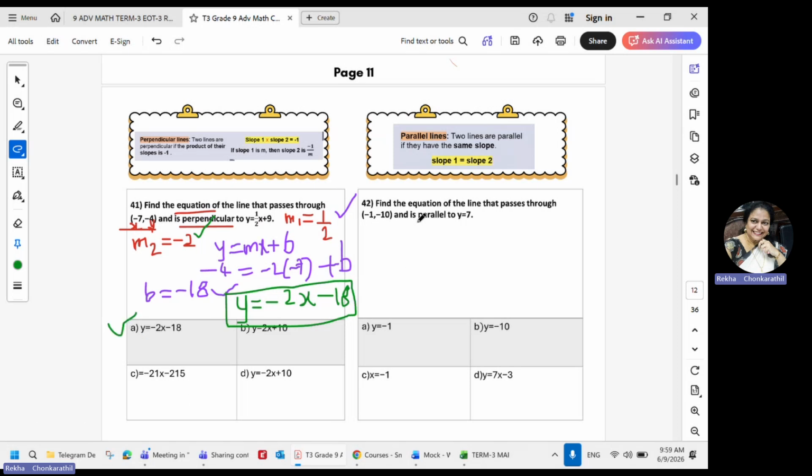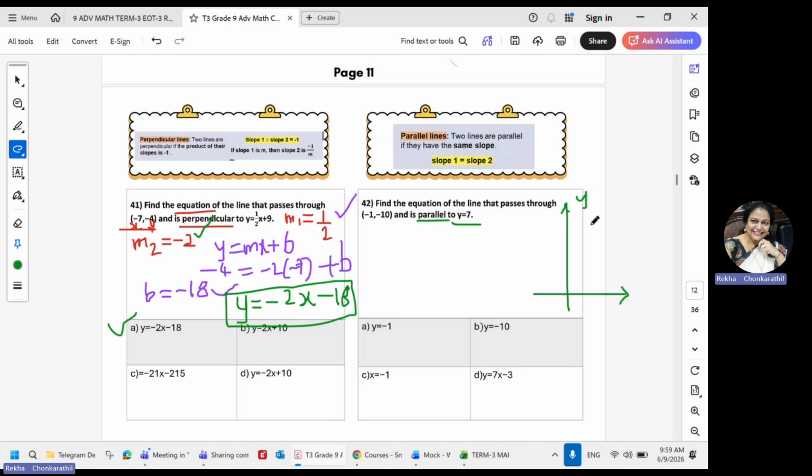If it is parallel, then the slopes are equal. But here we don't have any x values. So how do we do this question? It's just given y equals 7. Guys, you remember one thing. When it is only y equals 7,